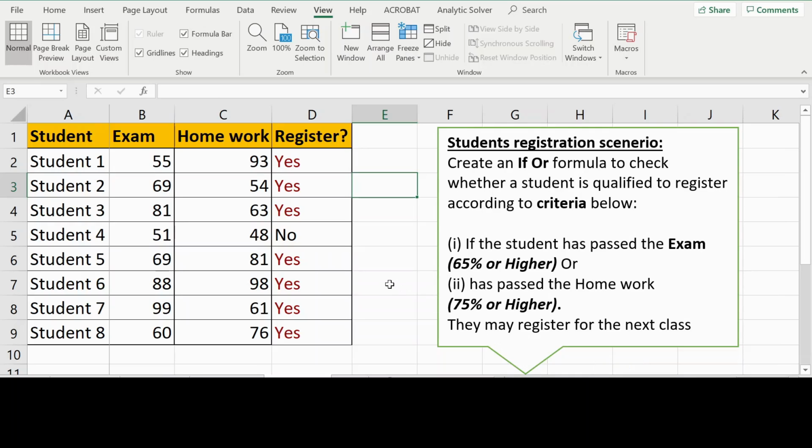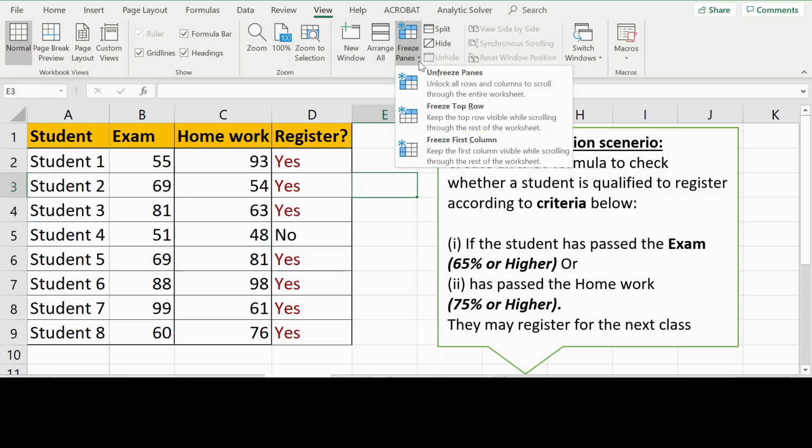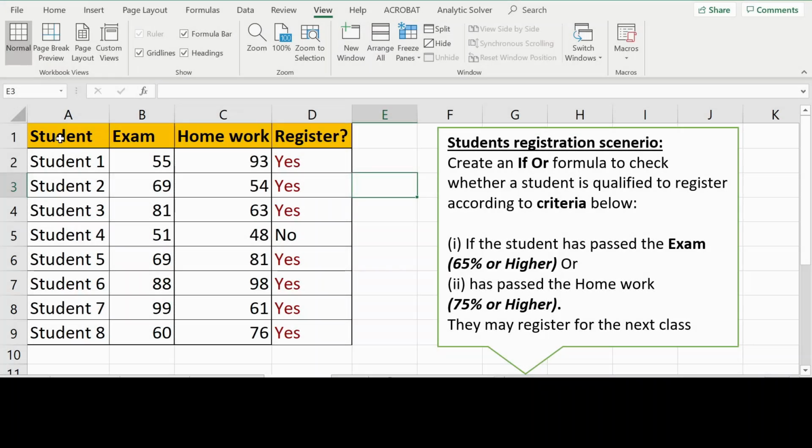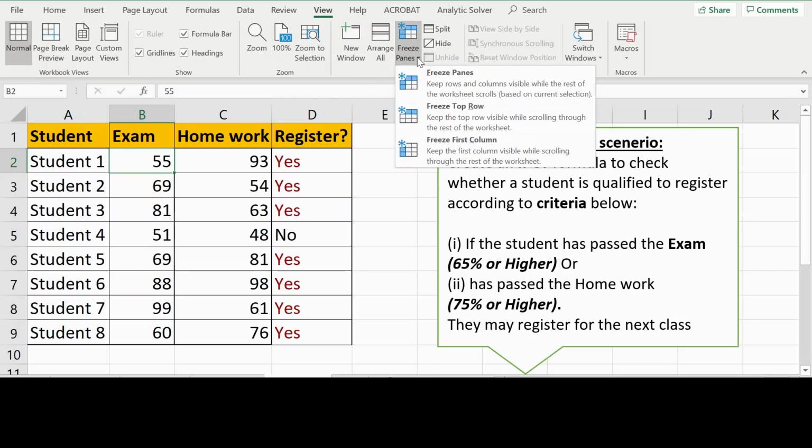There's another way: I can decide to freeze both the column and the row, so when I scroll, I see both the first column and the top row. What I need to do is go back to the View tab, click Freeze Panes, and then Unfreeze. Now to freeze your rows and column at the same time, you click on a cell, any cell. So if I click on cell B2 and go to the View tab, Freeze Panes,